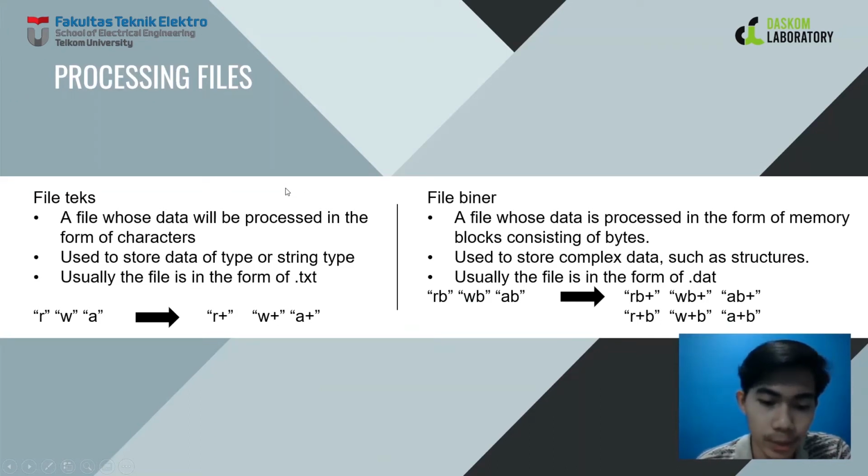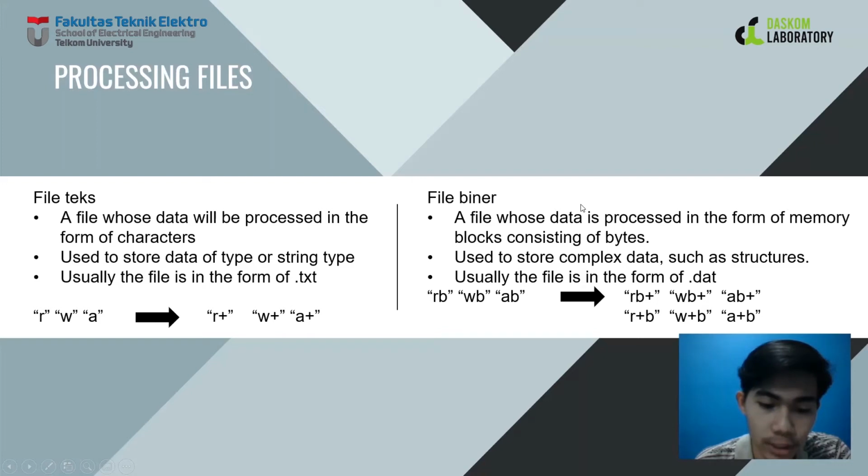When a file is opened, it can be treated as a binary file or a text file. A text file is usually used to store data of char type or string type. Meanwhile, binary files are usually used to store complex data such as structures. The file format for text files is usually .txt, while for binary files, it is usually